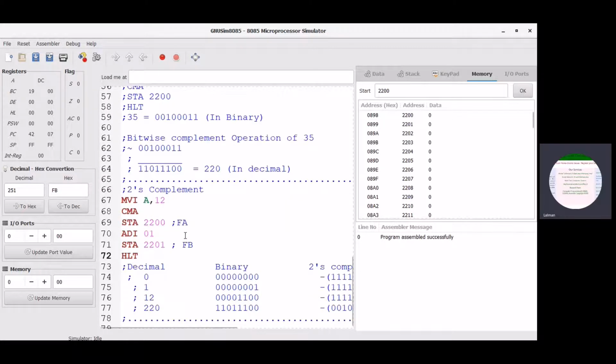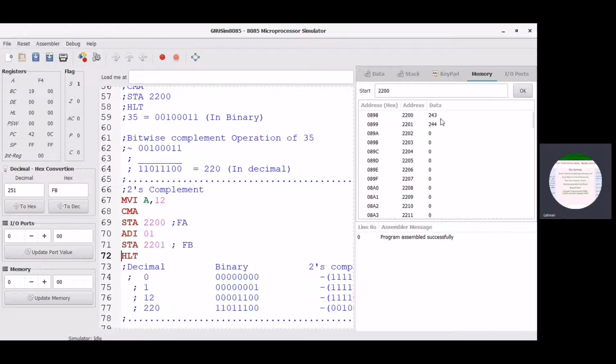Okay. So execute it. We take the decimal number 12 and convert it into its 2's complement. So after executing, we get the result 243 at 2200.